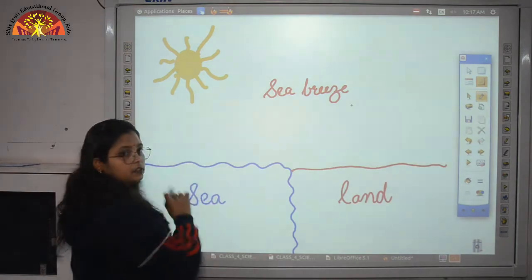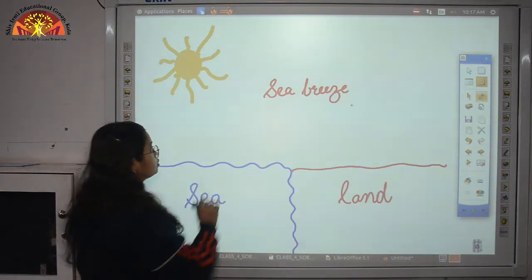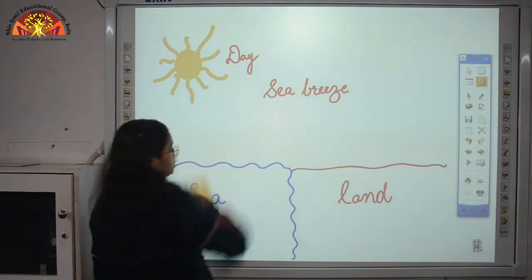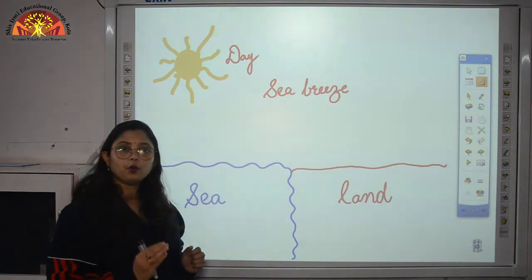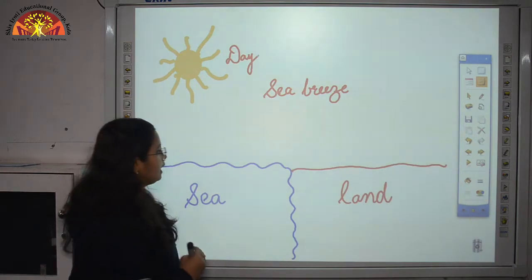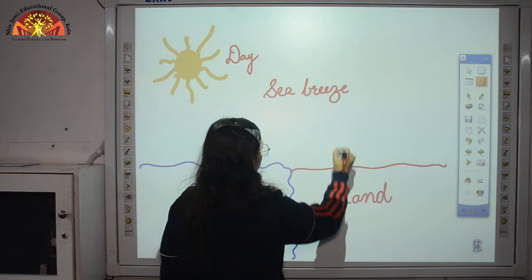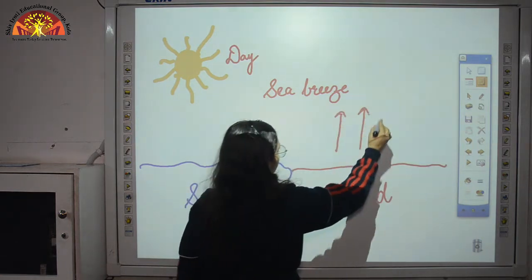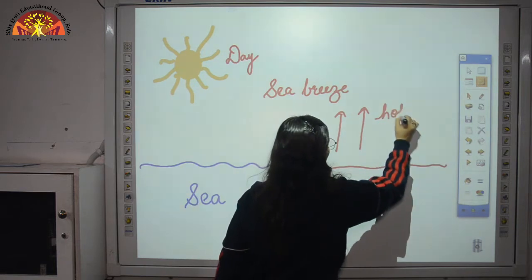Now this is the daytime because the sun is shining over here. So let us write it over here, day. So during the daytime, what happens? The land and sea both get heated up, but land gets heated up faster. So as the land gets heated up, the hot air present above the land rises up. So we write over here, hot air